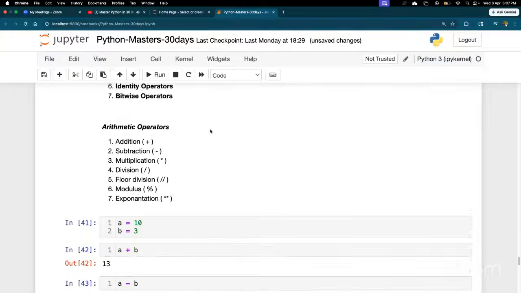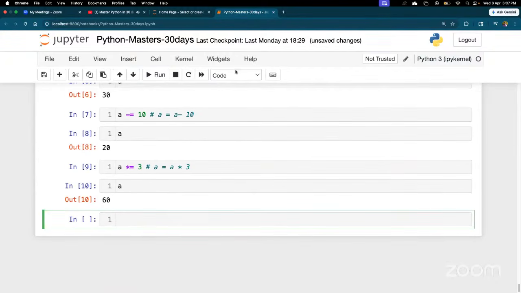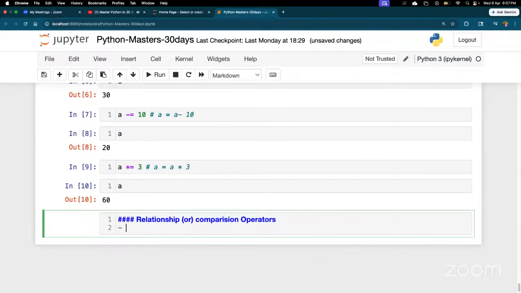Okay. So the next operators are relationship operators, or comparison operators, in Python. So here, in relationship and comparison operators, we have